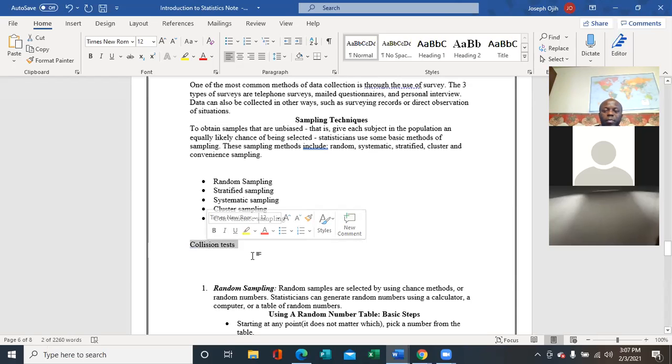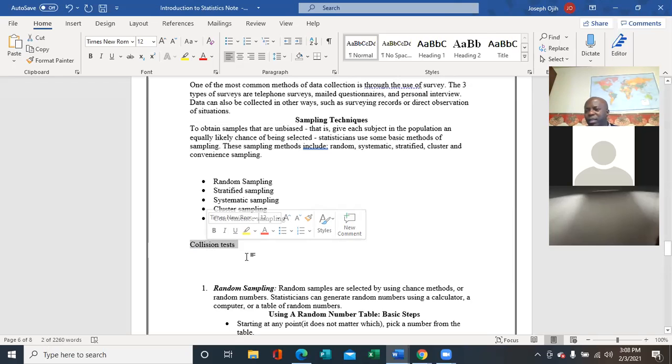Collision tests are done by automobile manufacturers when they make claims about how safe their cars are, or how safe the seatbelt is. They can test it with a new car that they manufacture.